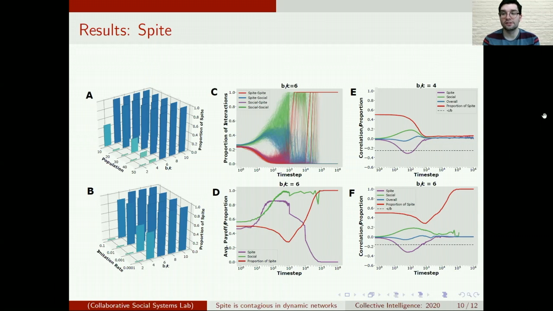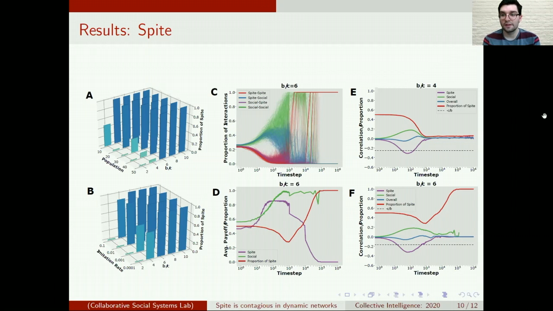Finally here, I just want to summarize the intuitive thinking of what's occurring in the model. So at the start of the model, both social and spiteful agents learn that they want to play other social agents. This means that over time, social agents begin to participate in a lot of interactions as many other agents choose to visit them. Some of those interactions will be with other social agents, which will provide a strong payoff of 1. But a lot of those interactions will be with spiteful agents, which will receive the much smaller payoff